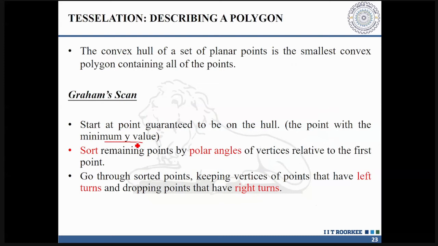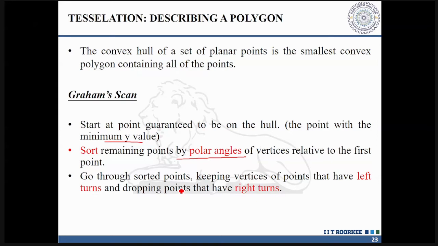The second step is, with respect to the point you selected in step number 1, arrange all the points in the increasing order of their polar angles, starting from acute to obtuse. Third step is start moving from 0 to 1, 1 to 2, 2 to 3, 3 to 4.